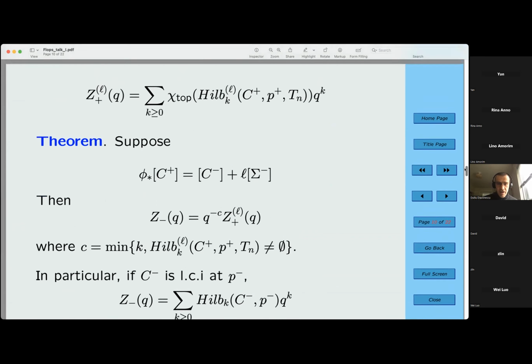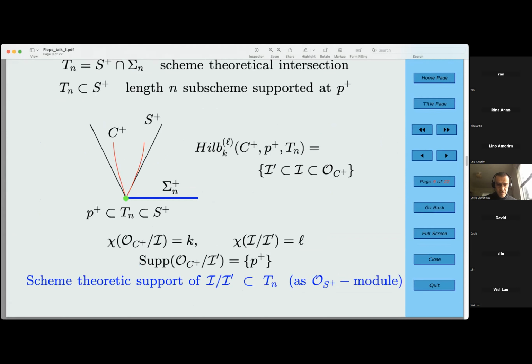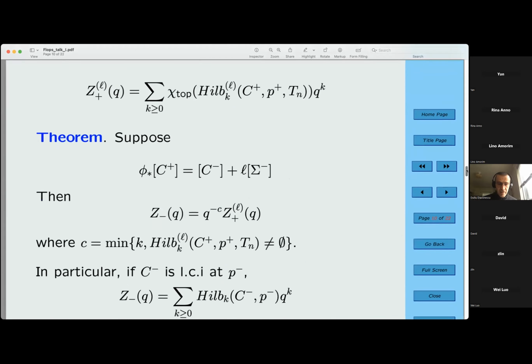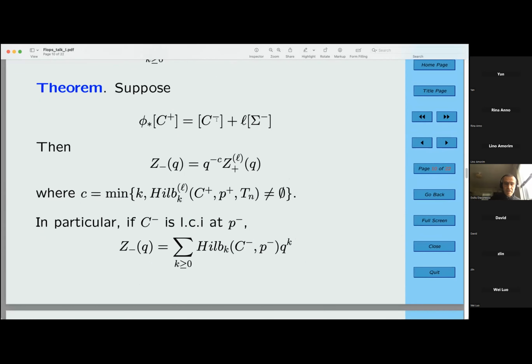L is just the length of this quotient. So L is the length of, I didn't write it. Yeah, I wrote it. Okay, and this number L is determined by how the curve, the homology class of the curve C plus, is related to the homology class of C minus through, or